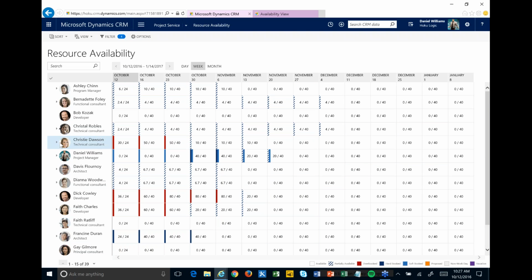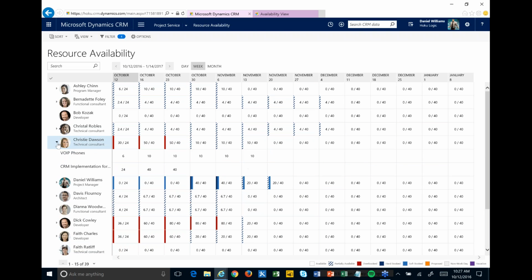I can see Christy's over allocated. Well, what is she working on? And I can expand into her, and I can see the 2 projects that Christy is said to be working on and the amount of hours she's said to work each week. And we can start to figure out if maybe there's someone else available who's the right role and such that we could switch that to or get to help her out, maybe to make sure that we're not over allocating